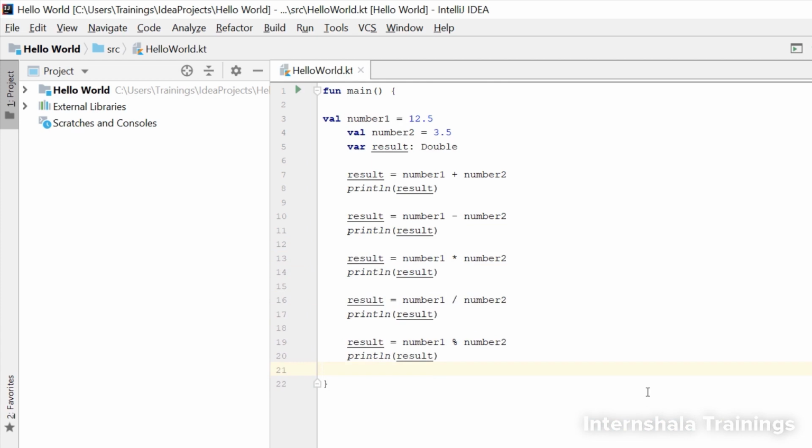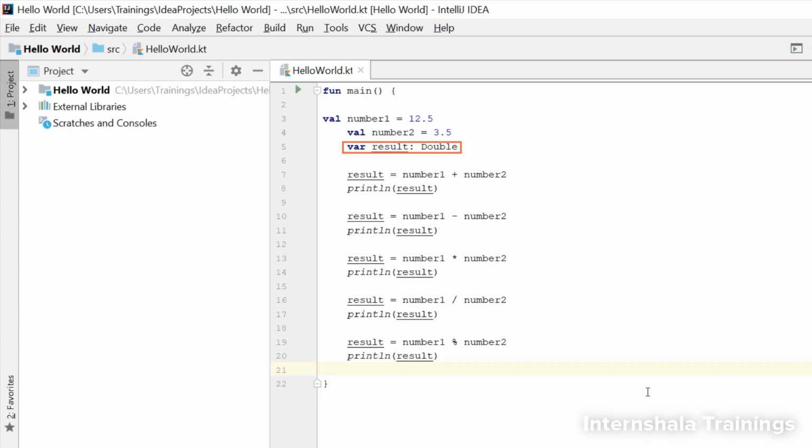So we have initialized two variables here using the val keyword. Why have we used val and not var? Well, that's because we have given the values of these variables and we want to perform the operations on these two values only. We do not want to change these values. Hence, we use the val keyword. Next, if you see, the variable result uses the keyword var, because the value of the result will change depending on the operation that is performed on the two numbers.